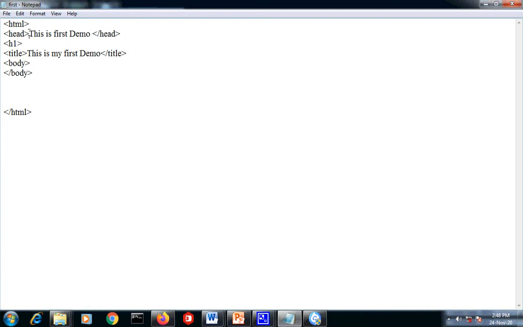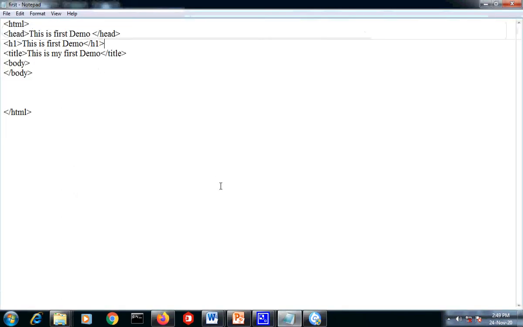Copy and paste, close h1, Control S, and press F5. When you give the h1 tag, it automatically gives bold thickness and size to the text. Here you can give the property align.